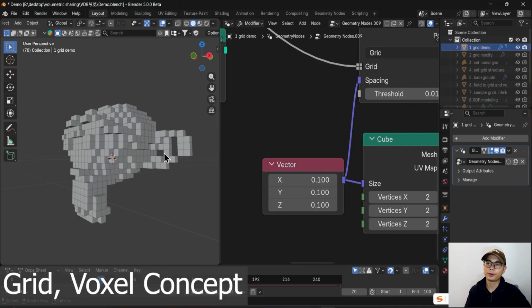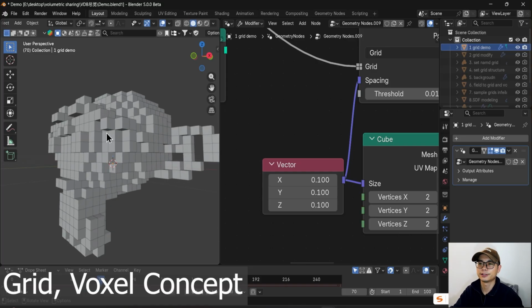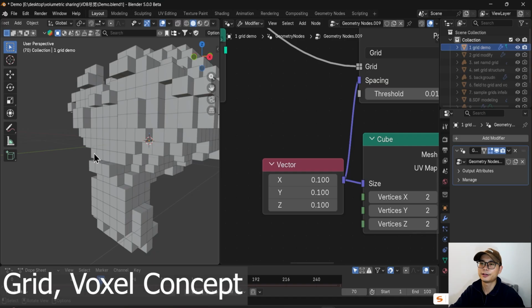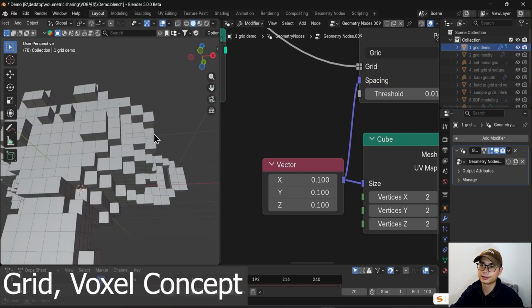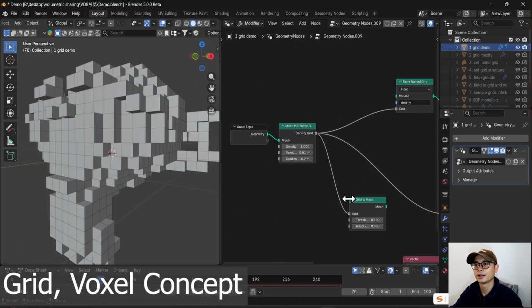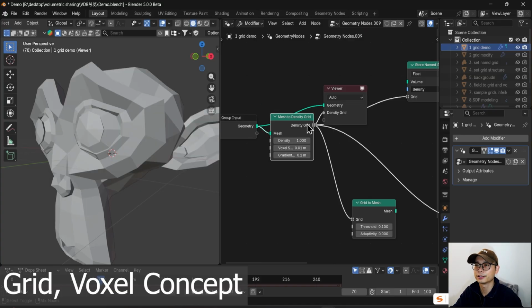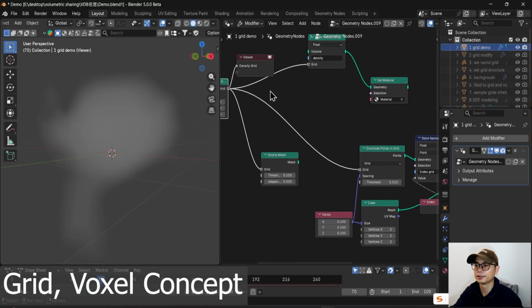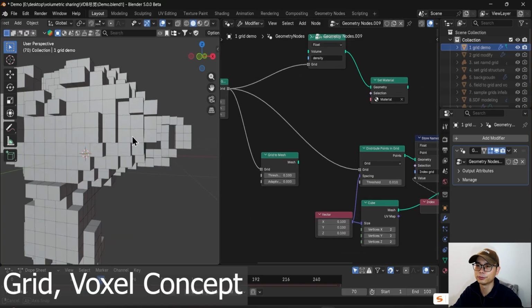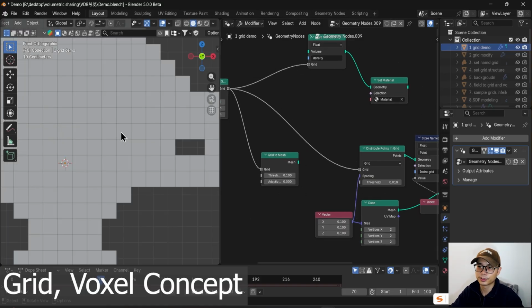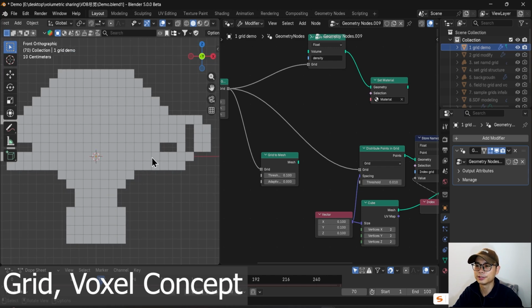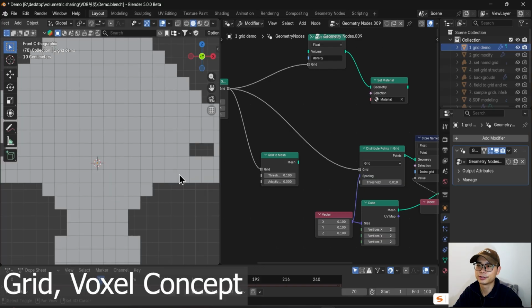First, let's talk about the concept of VDB in Blender. You can see there is a monkey head here, and there are cubes here. I just instanced these cubes on the VDB. There is a cube here, and I turned it into VDB, and I instanced many cubes on it. So this will make it much easier for you to understand what the grid is. There are many grids,